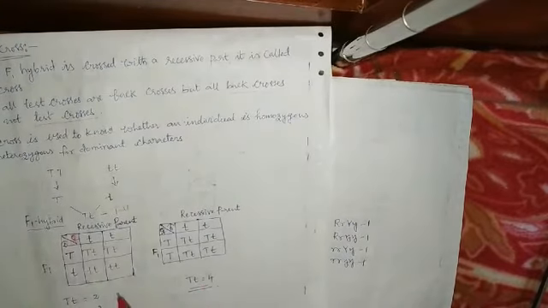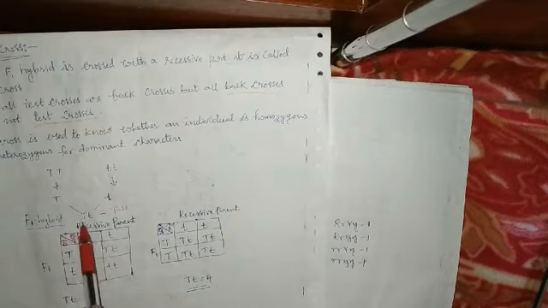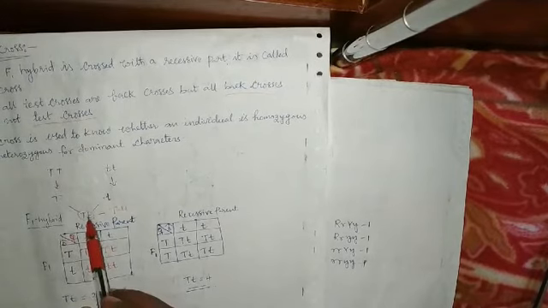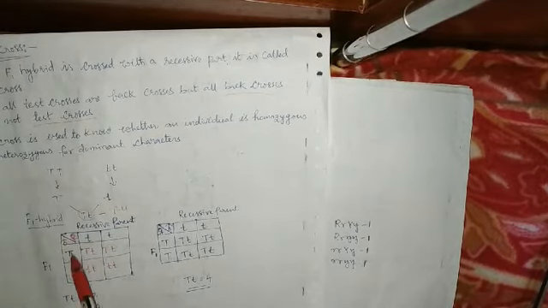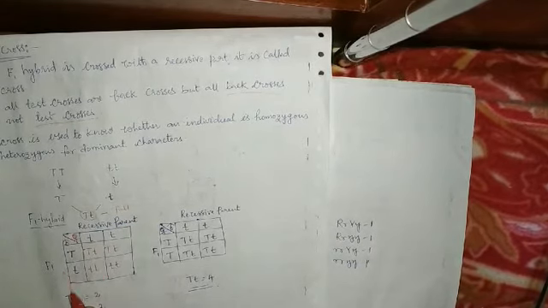How do we do it? Suppose the F1 hybrid tall plant is a heterozygous tall, capital T small t. So it forms capital T and small t gametes, like I have written in this box. Test cross means it is crossed with the recessive parent, so I have taken the recessive parent's small t gametes here in the box, and then I cross them.